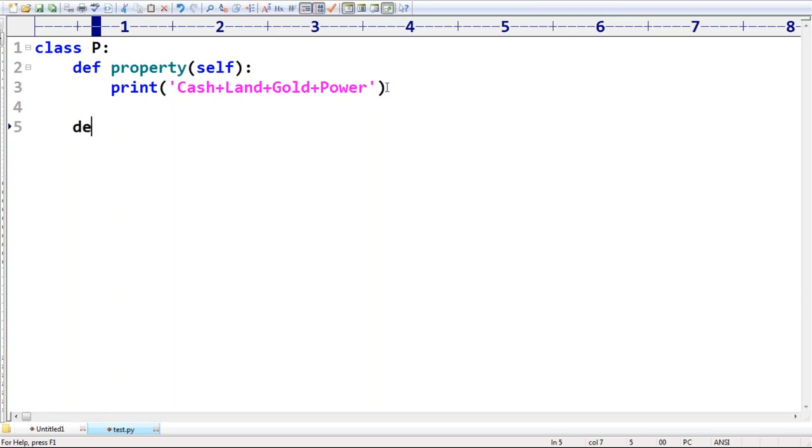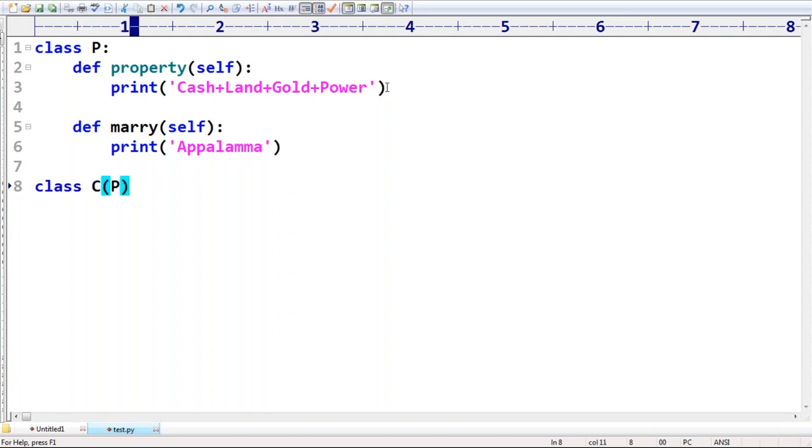Next, every parent wants to arrange marriage also for the kid. Assume that's the marriage method, with any name you can take. Most of the time, the parent is always going to arrange an Appalamma or something like this. So now take very special care. How many methods does the parent contain? Two methods. Sir, the parent contains two methods. Class C extends P. Assume the child class doesn't